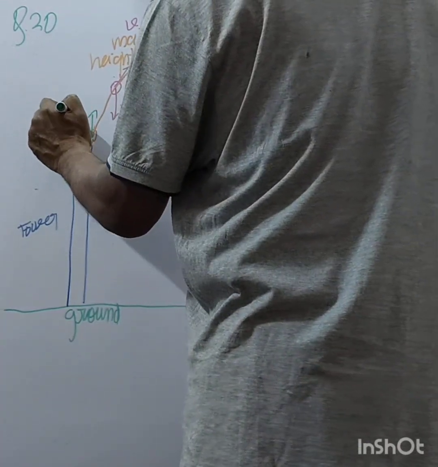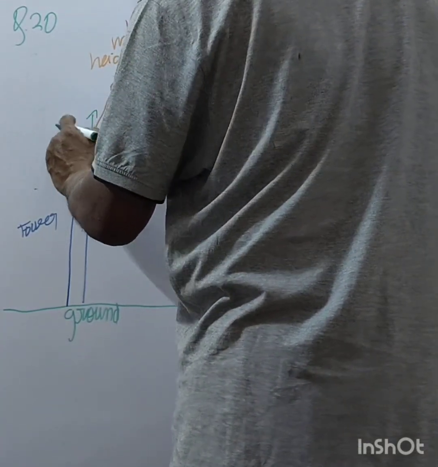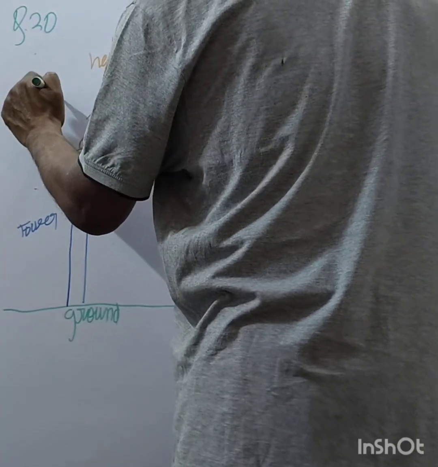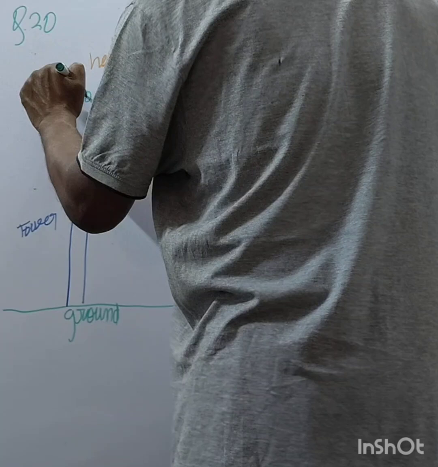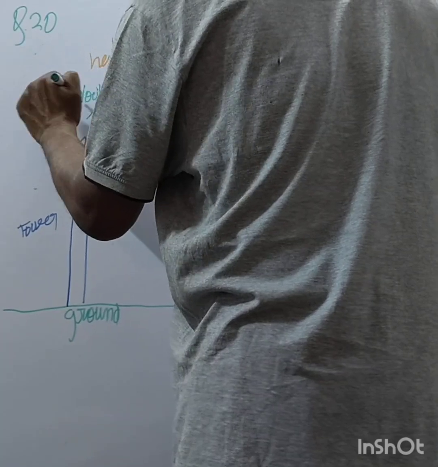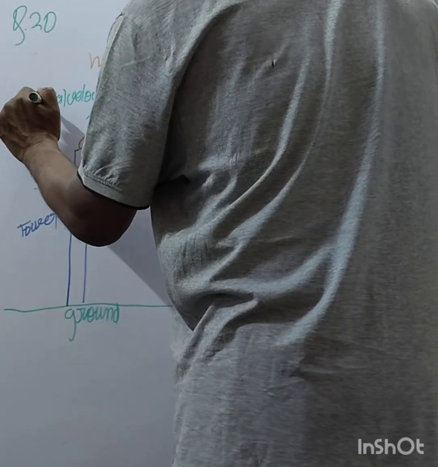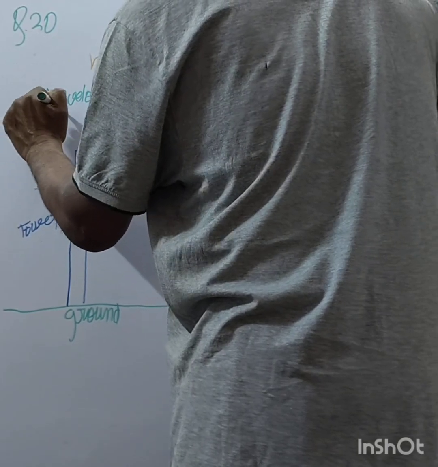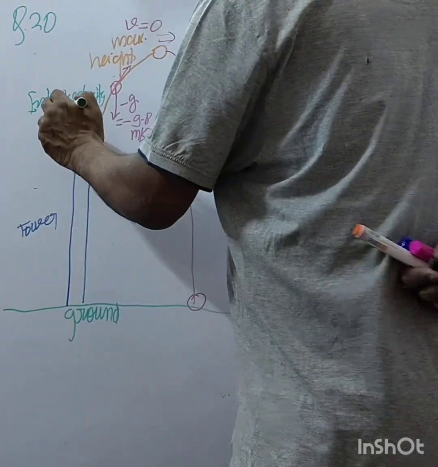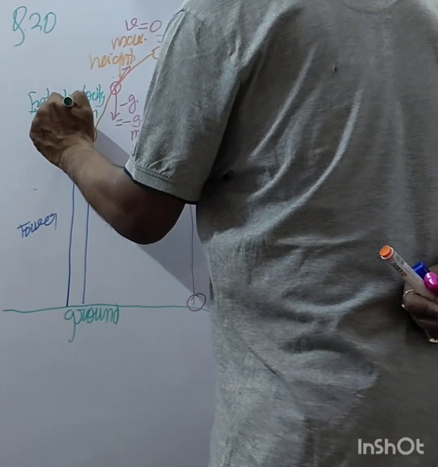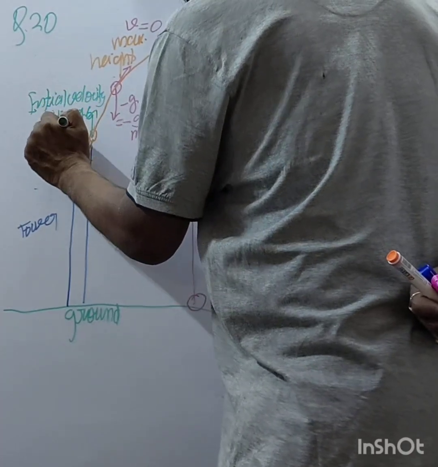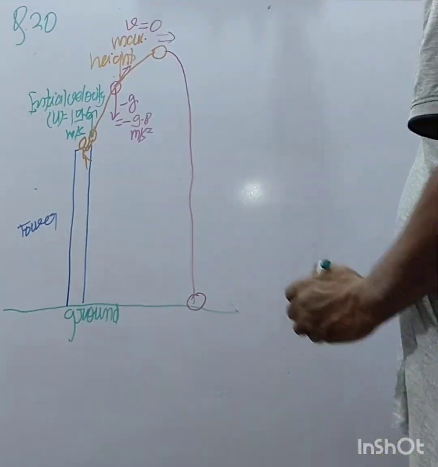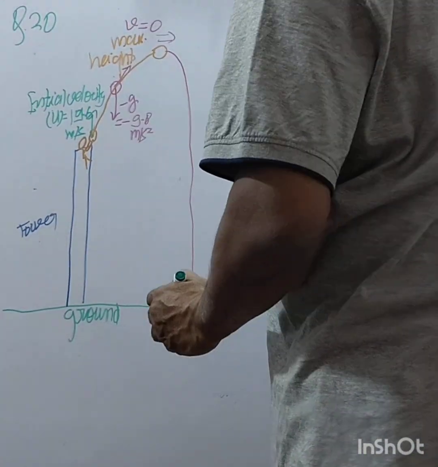u is the initial velocity. Initial velocity u is equal to 19.6 meter per second, right? And so